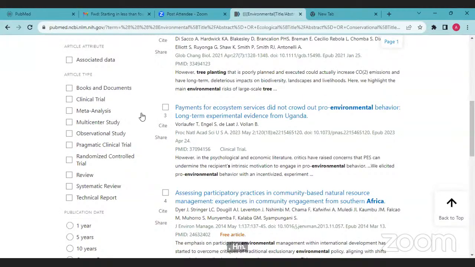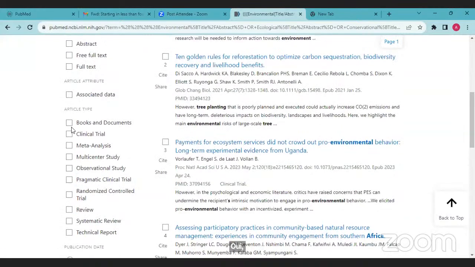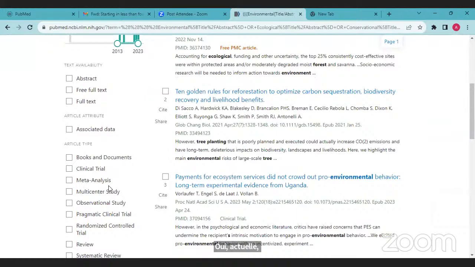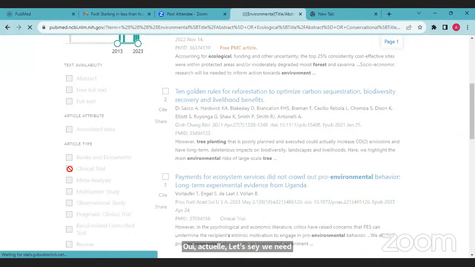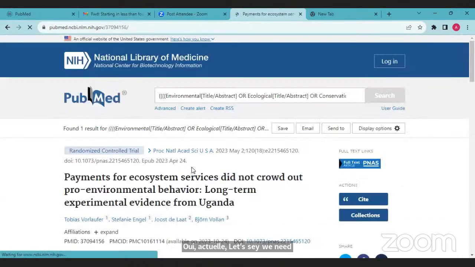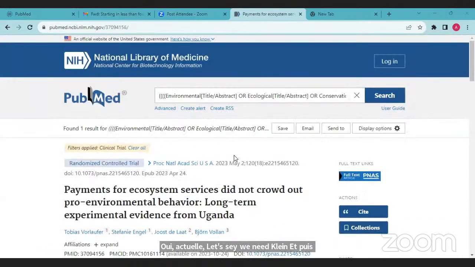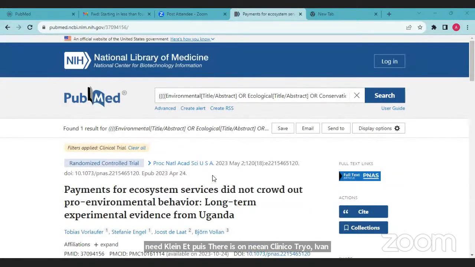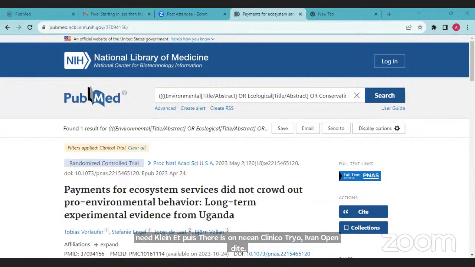Oh, we could actually say, let's look for those studies where there is what? Let's say we need clinical trials. If you click on clinical trials, it should give you only the clinical trials out of the 7. And it is saying there is only 1 clinical trial. It has even opened it. Do you see? So on this side of the,